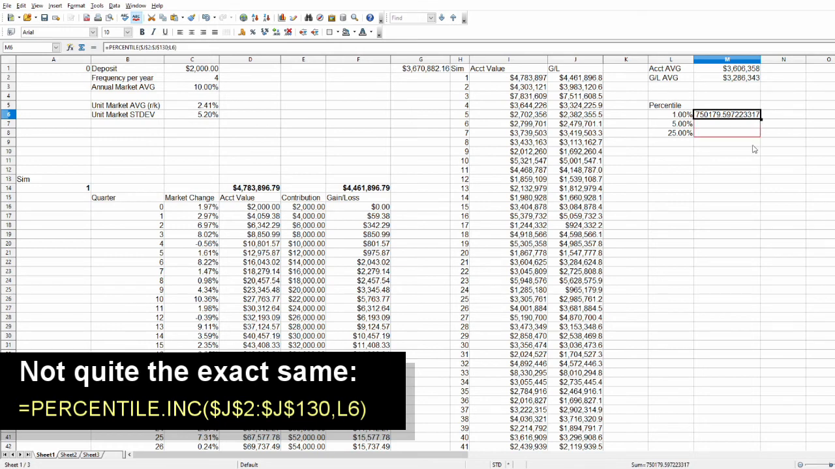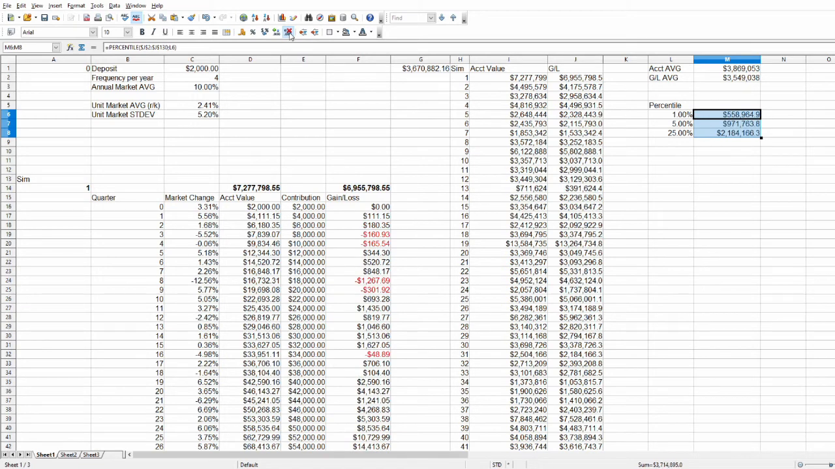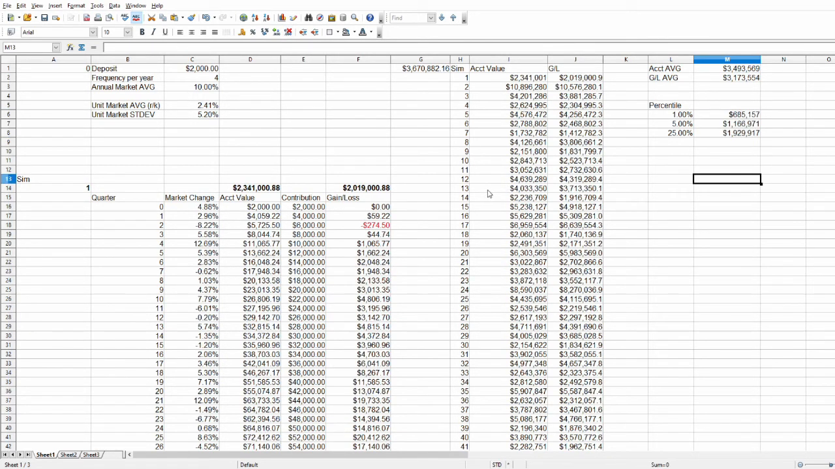So click and drag that formula down, and I'm going to make this money. I'm going to get rid of my decimal places. Remember, we're looking at gains and losses. We're looking at column J, gains and losses. What does this tell me? According to 129